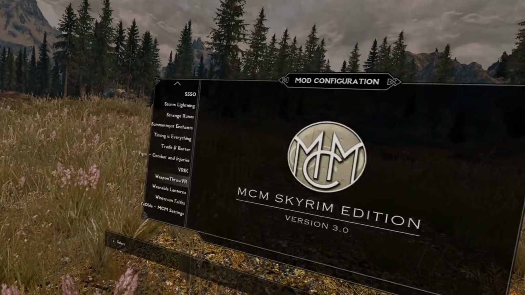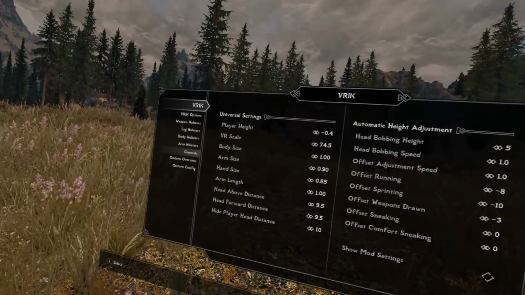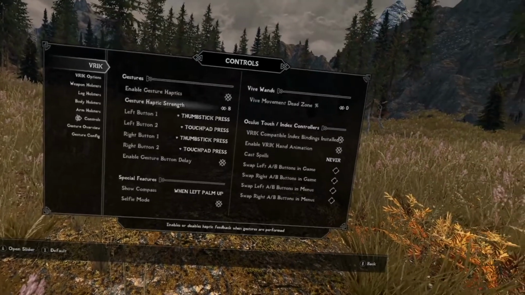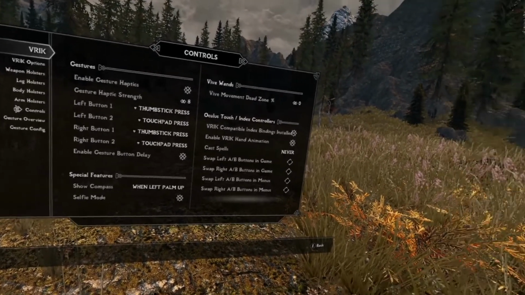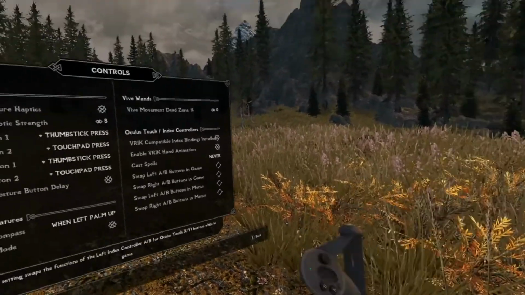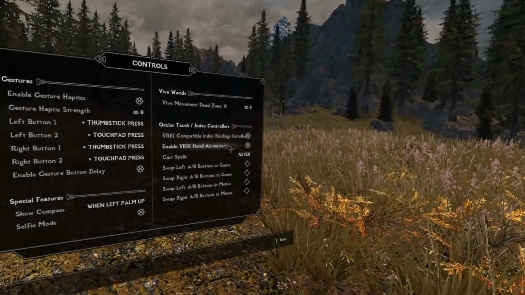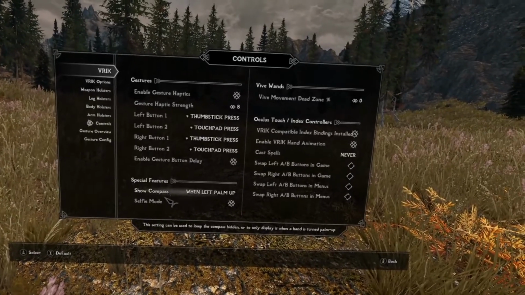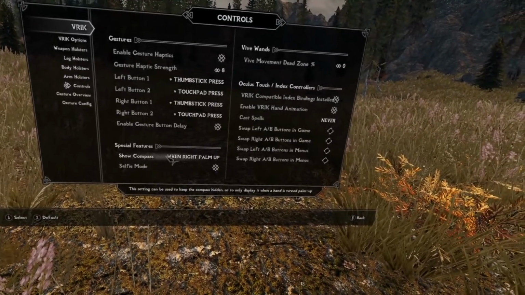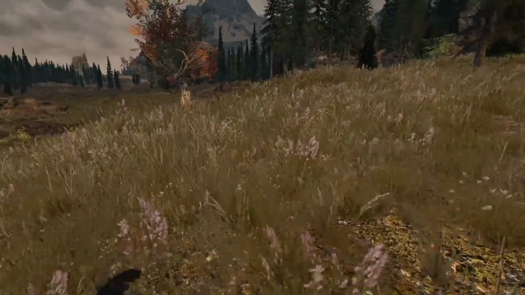Oh, and I also have for the compass, because I don't like playing with the HUD. It's controls. VRIK also has a casting spell thing. If you're on the index, you can open your hand and it'll cast the spell, but if you're using the haptic spell mod, it doesn't work with that, so I keep it off. But I have, you can turn selfie mode on if you want to see yourself, and then show the compass. I'd put it on either your left or right palm up, and that way you can